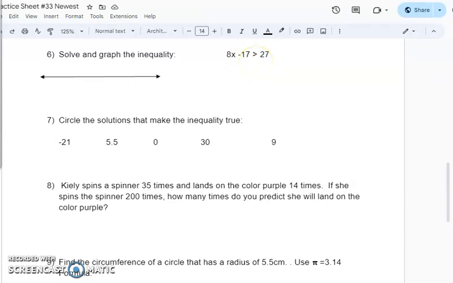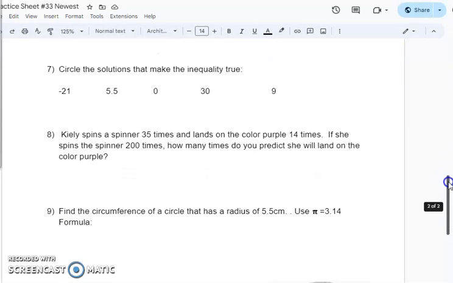Number 8. Kaylee spins a spinner 35 times. And it lands on the color purple 14 times. If she spins the spinner 200 times, how many would you predict she will land on the color purple? How many times will it land on the color purple? Predict